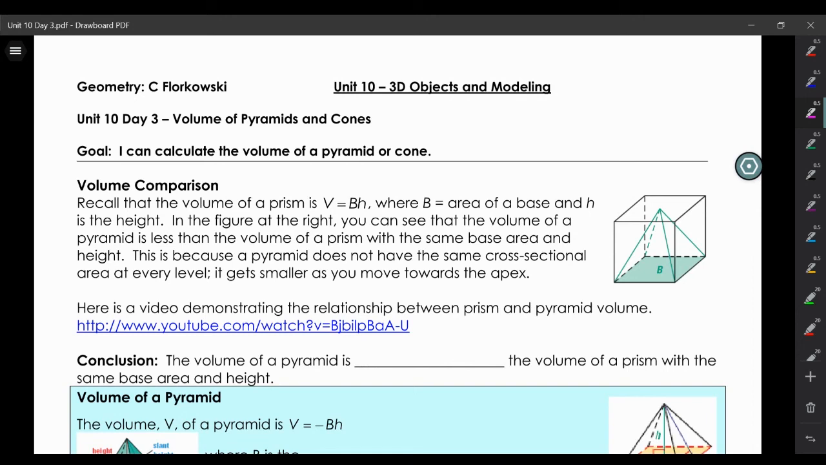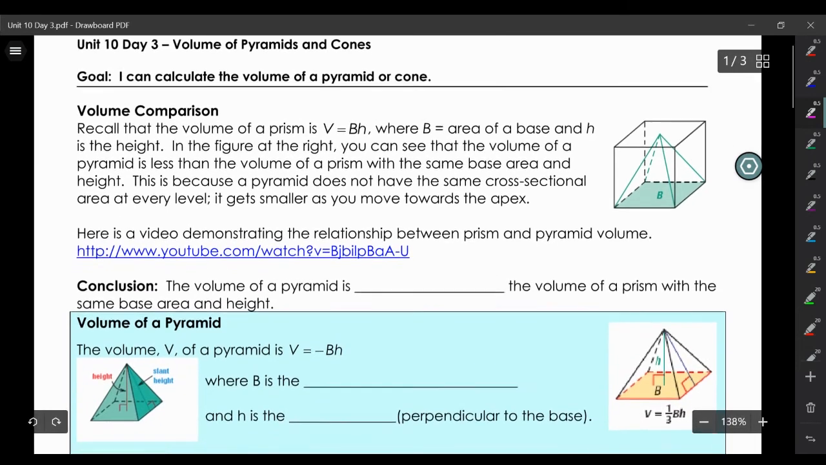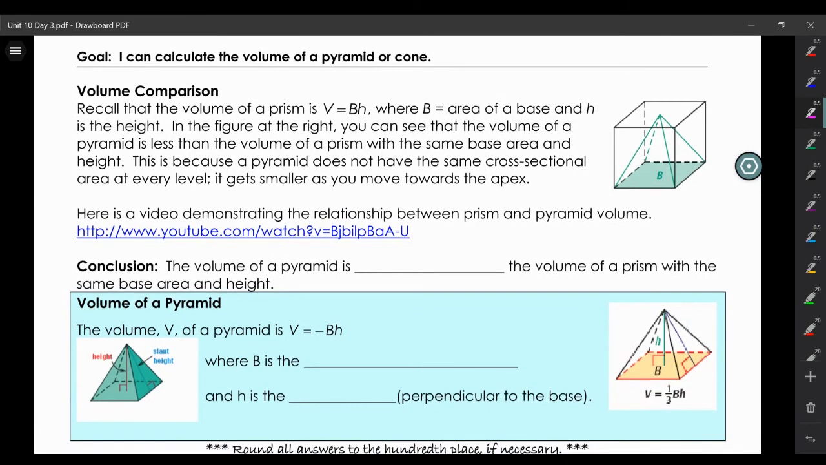Today we'll be talking about how to calculate the volume of pyramids and cones. If you were doing well yesterday with the volume of cylinders and prisms, then you're going to do pretty well with this lesson as well. Basically, when we talk about the volume of a pyramid, it's going to be 1/3 the volume of the corresponding